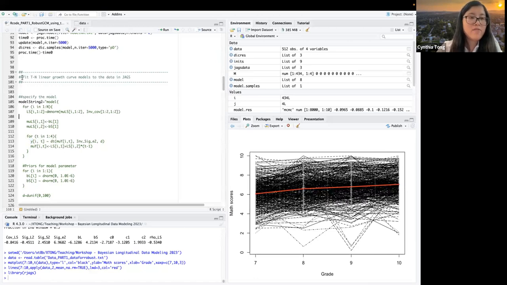So we have a TN model where the t distribution is used for y. We also have an NT model where the t distribution is used for the random intercept and slope. And we also have a TT model where the normal distributions for both the random intercept and slope and the outcome variables are replaced by t distributions, okay?